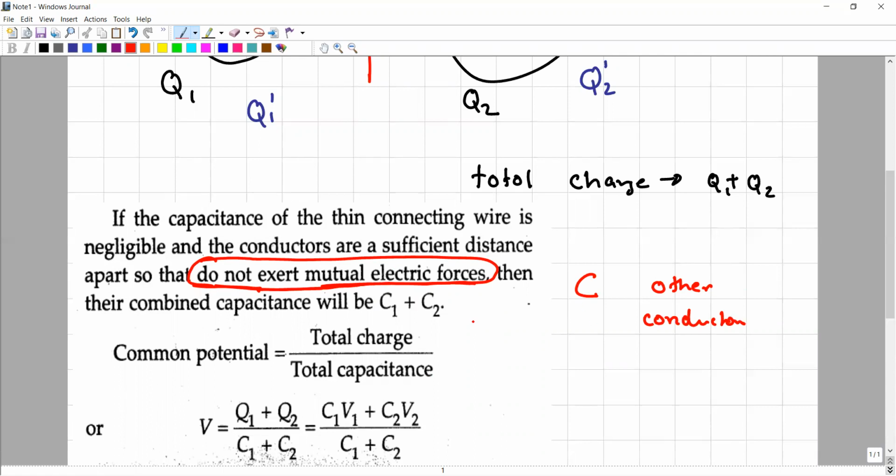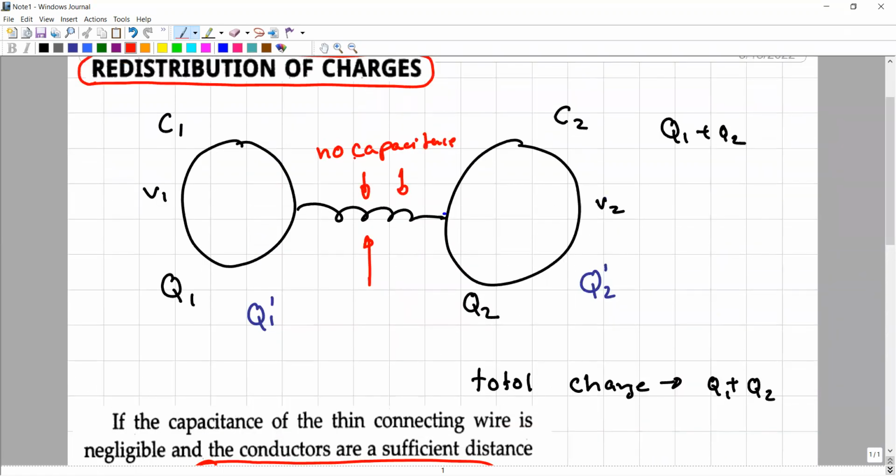So we are assuming that these two capacitances C1 and C2 do not change. The C1 remains C1, the C2 remains C2, and they do not change because of each other. Next,